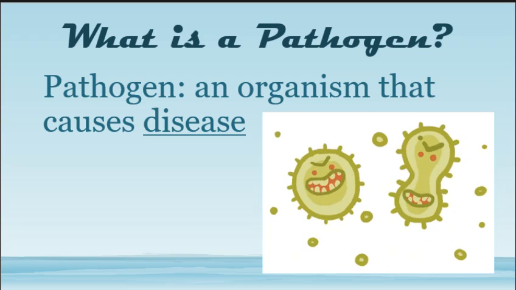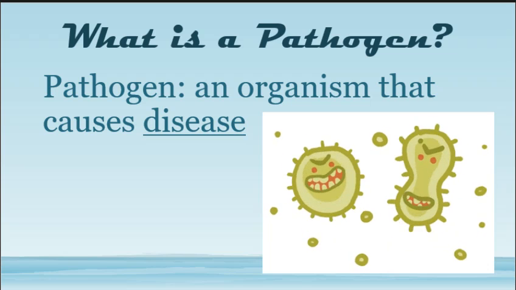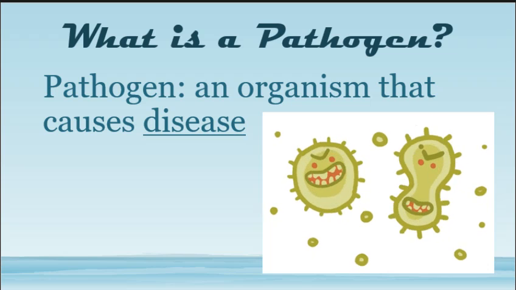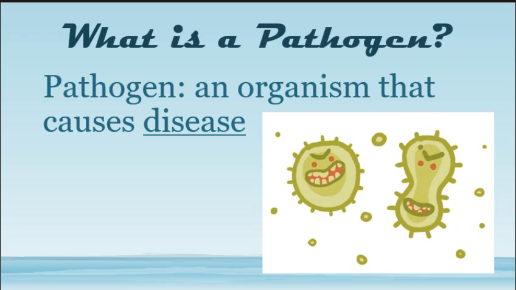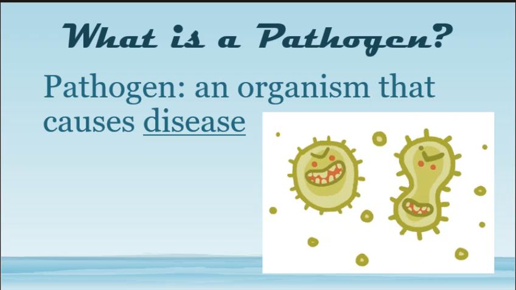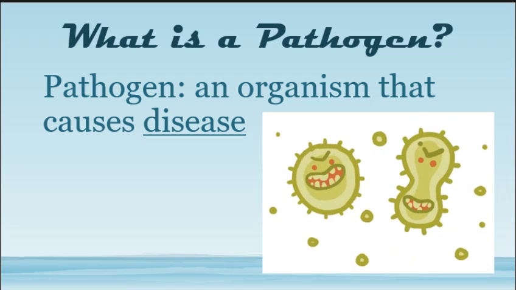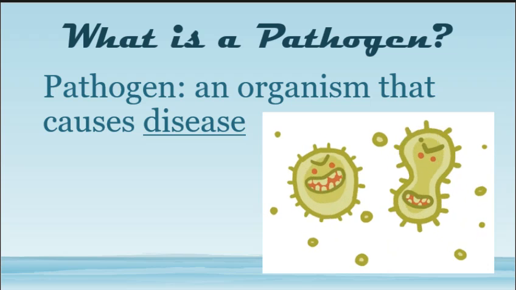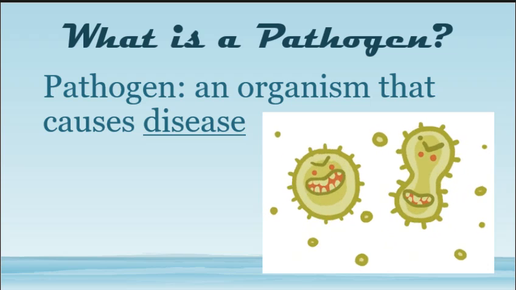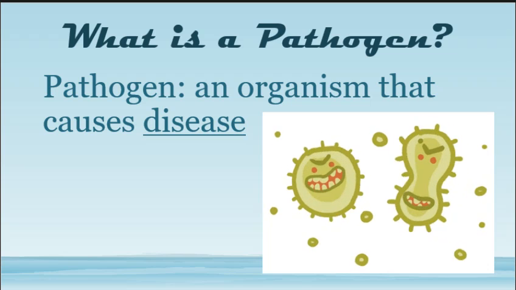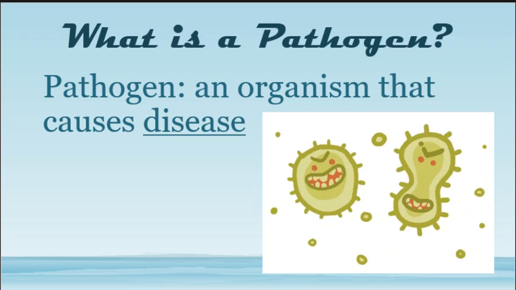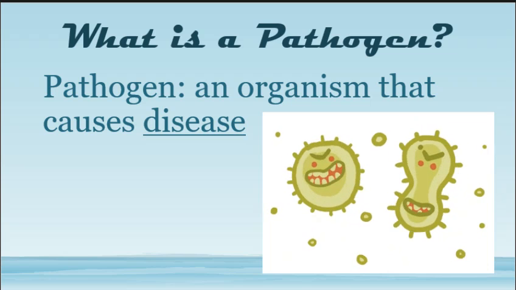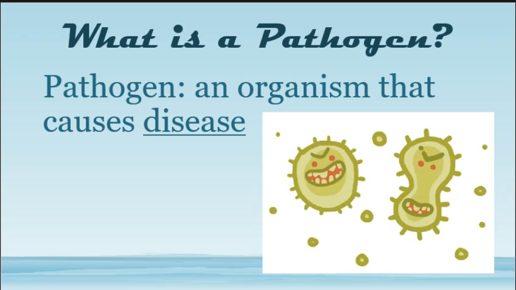You're supposed to fill in a little blank right there. A pathogen is an organism that causes disease. Now, there are more organisms out there besides bacteria that cause disease. For instance, viruses. The coronavirus is one example. The coronavirus is not in Kingdom Monera. That's because a coronavirus is not alive. Okay, it's not a living thing. It's like a little machine that comes and invades you. It doesn't have the ability to reproduce. If it can't reproduce, it cannot be alive, correct? Remember our four criteria of life, right? They have to be able to reproduce.